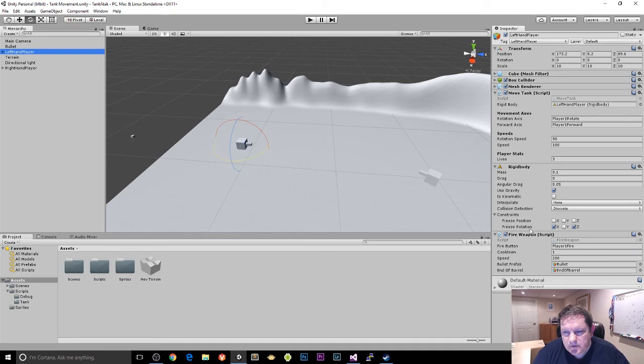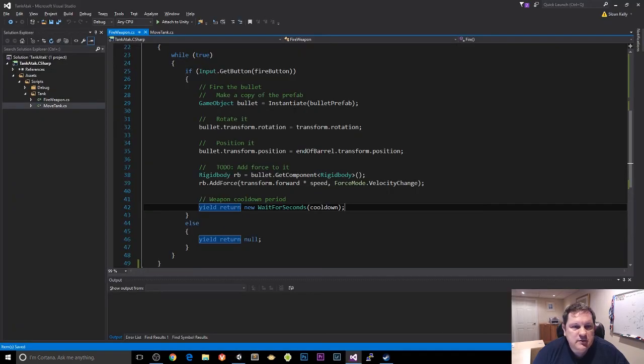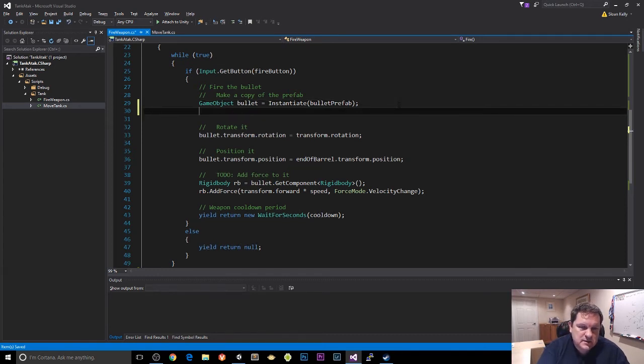The game object itself has a tag associated with it, so we're going to change the tag of this game object to be the tank that we're firing from. So if I do bullet.tag equals gameObject.tag,